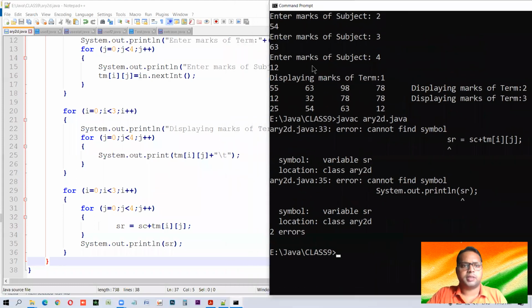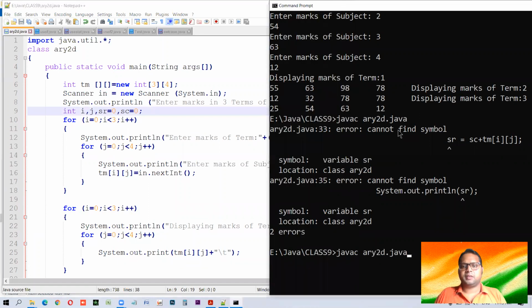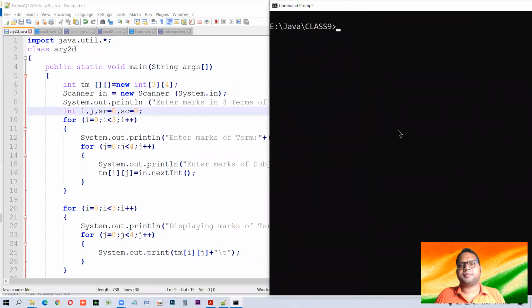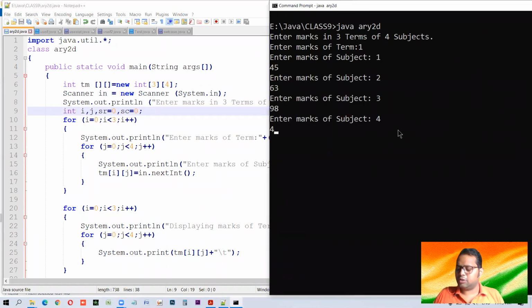Cannot find the symbol SR. Oh. Sum of row and sum of column. Okay. Now SR is there. No problem. Now let us run it and see. So in sequence, we need to input numbers.